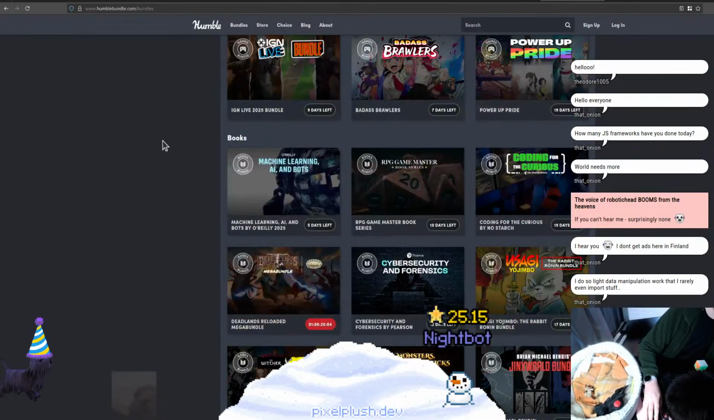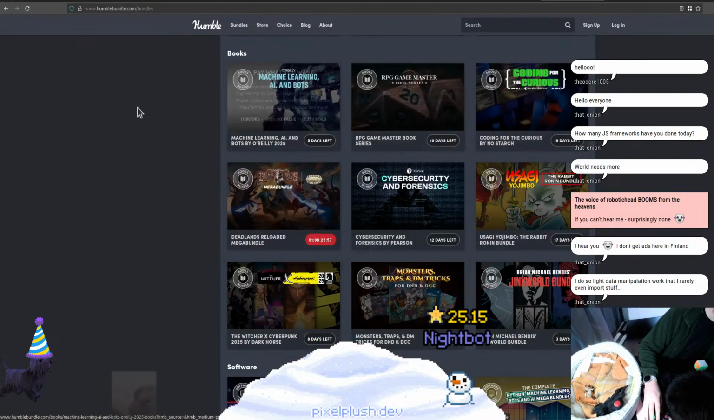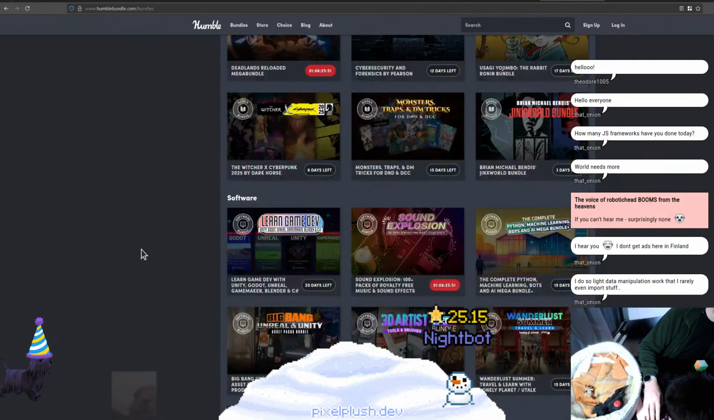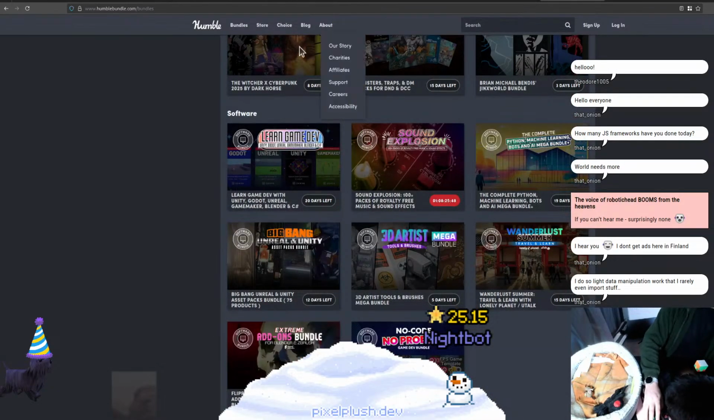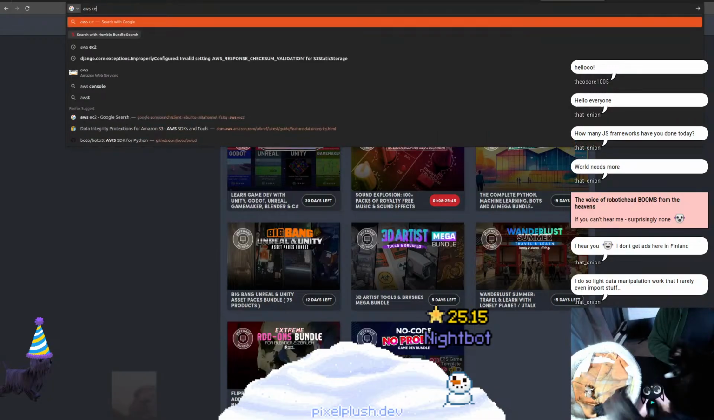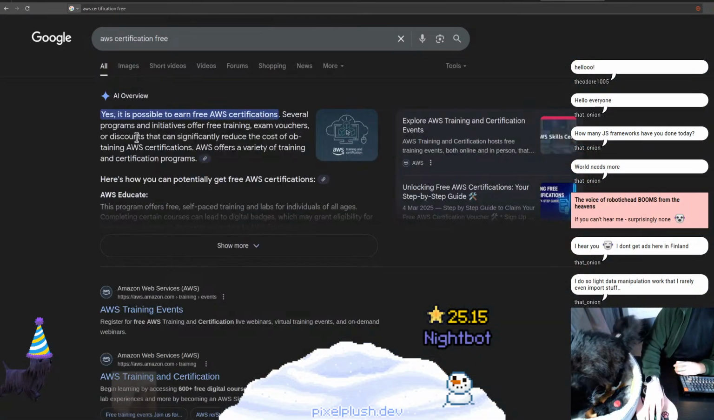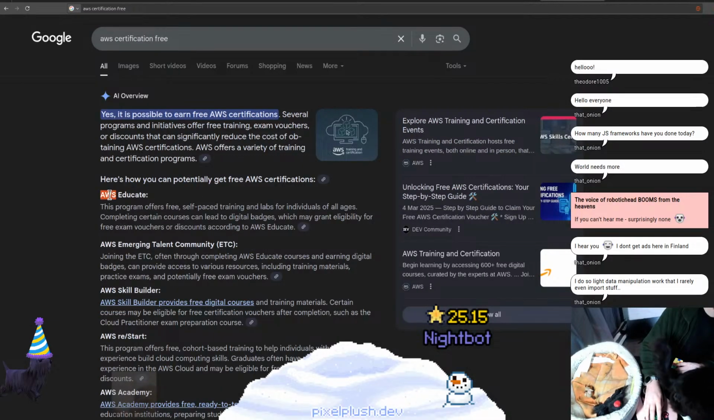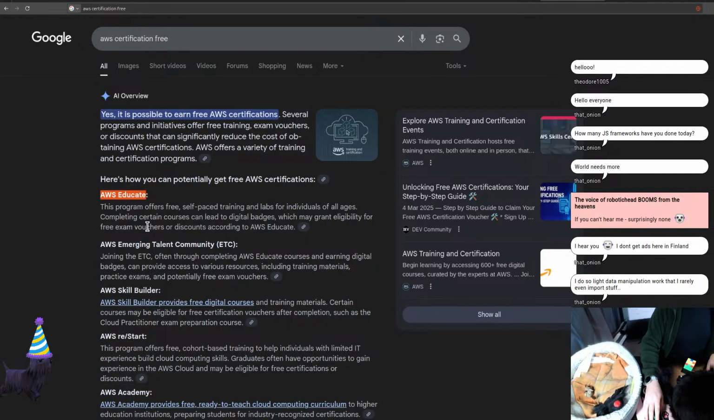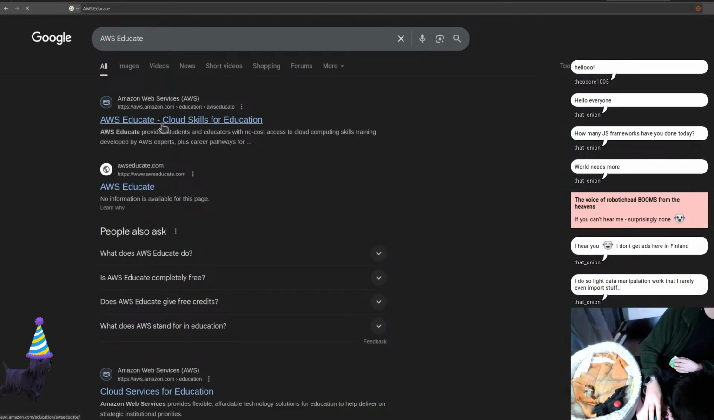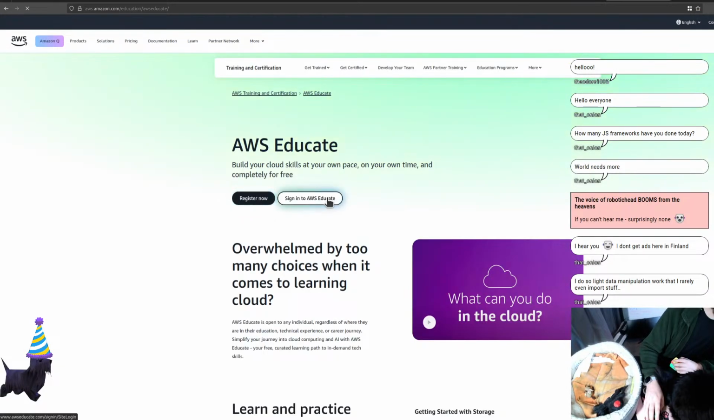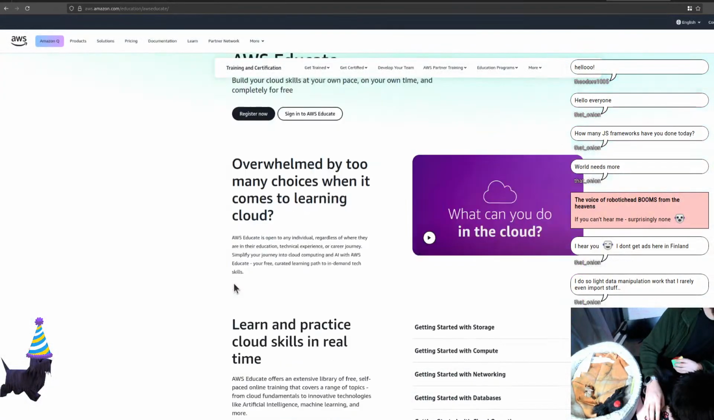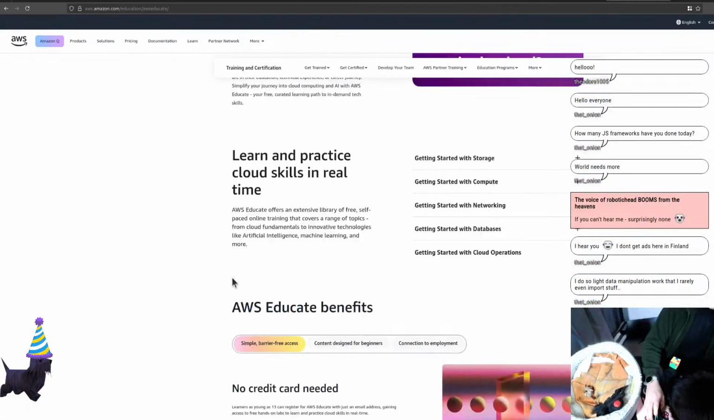Sometimes there are books that they put on this. Coding Curious, no. RPG Machine, no. No, it looks like they don't have... Every now and then on Humble Bundle there'll be certificates, but otherwise... There's always AWS Educate. However, I don't know if they've got